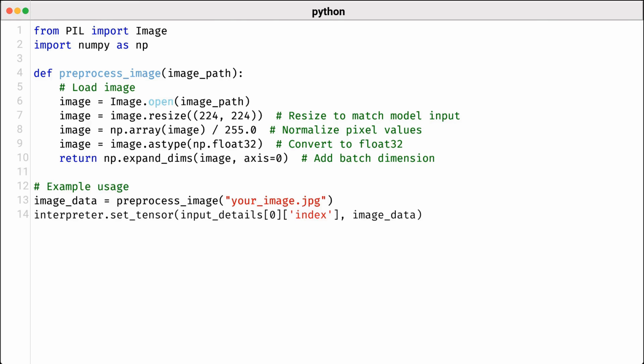Following the resizing, we convert the image into a NumPy array and normalize the pixel values by dividing by 255. This normalization step scales the pixel values to the range of 0 to 1, which is essential for effective model performance. We also explicitly cast the image data to the float32 type to match the expected input format of the model. Finally, we add a batch dimension using np.expand_dims, which reshapes the data to include an extra dimension for batch processing. This prepared image can then be fed into the Mobilenet model, ensuring that it receives correctly formatted